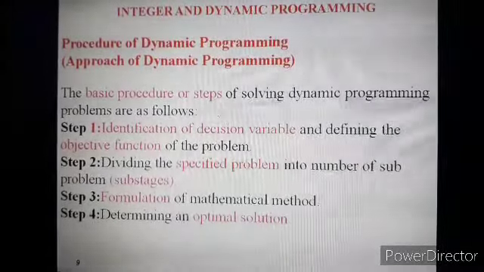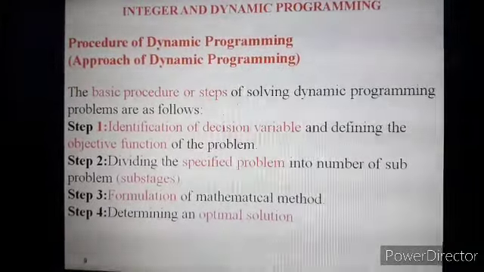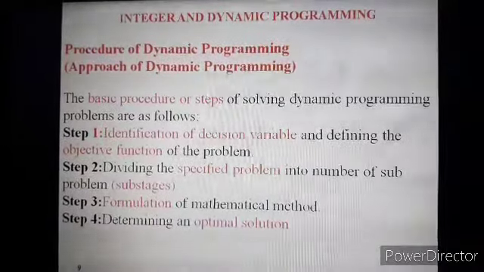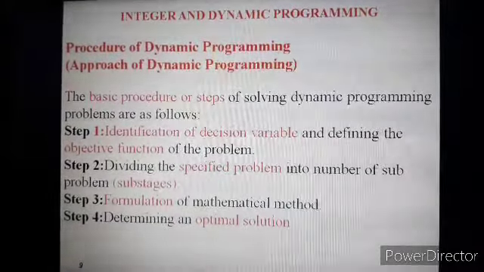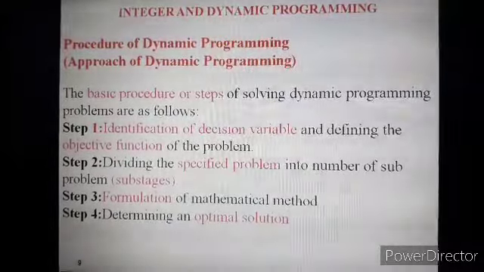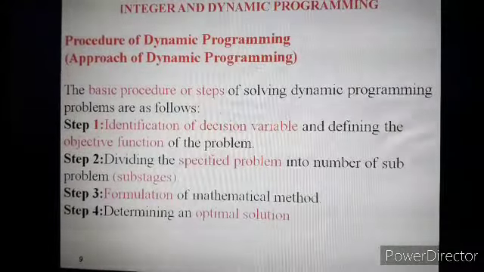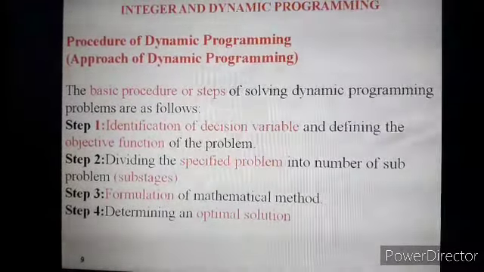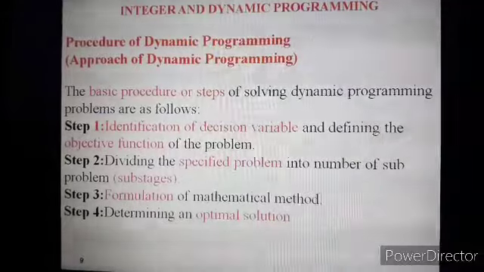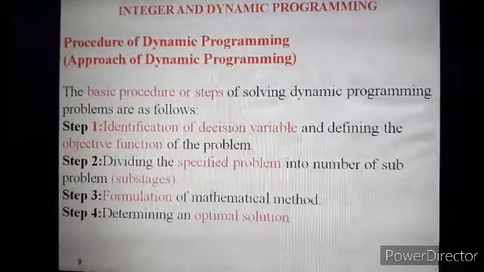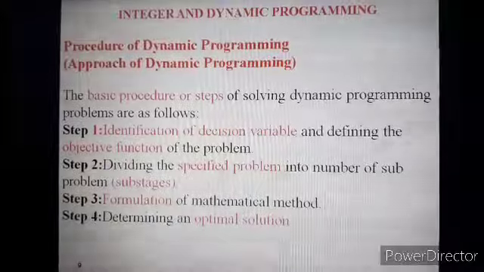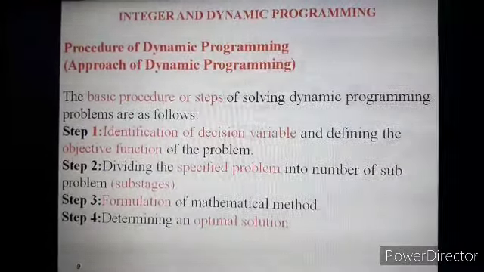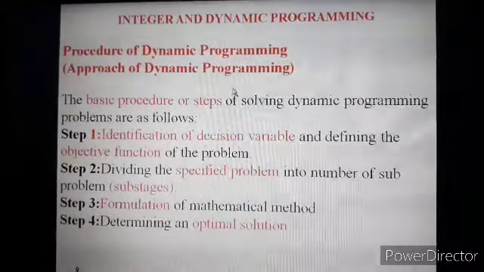So accordingly, the first step is to define the various variables in terms of the objective function, and we define that objective function through the variable capital Z. Again, the problem may be of maximization or minimization depending upon the requirements. After that we define the specific problem into sub problems, and we formulate a mathematical model for that. Then we use either analytical techniques or a graphical technique to solve that model. So the same methods we discuss in linear programming, we have to discuss for dynamic programming also.